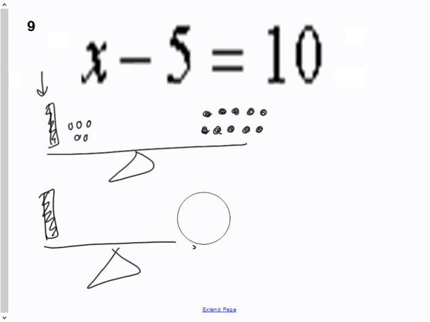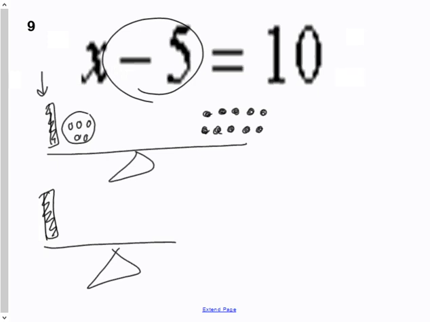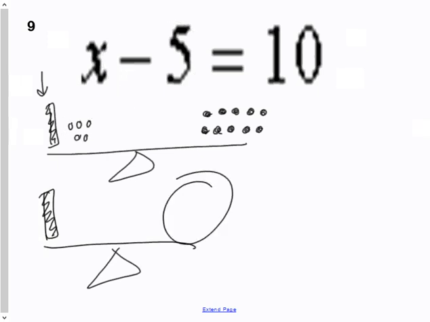So how do I do this? What am I going to do? Well, the first step is to get rid of this part here. What is that part called? It's called the constant. Remember that? We called it the constant. So if I add 5 to this side, and I add 5 to this side, then it should maintain equality.